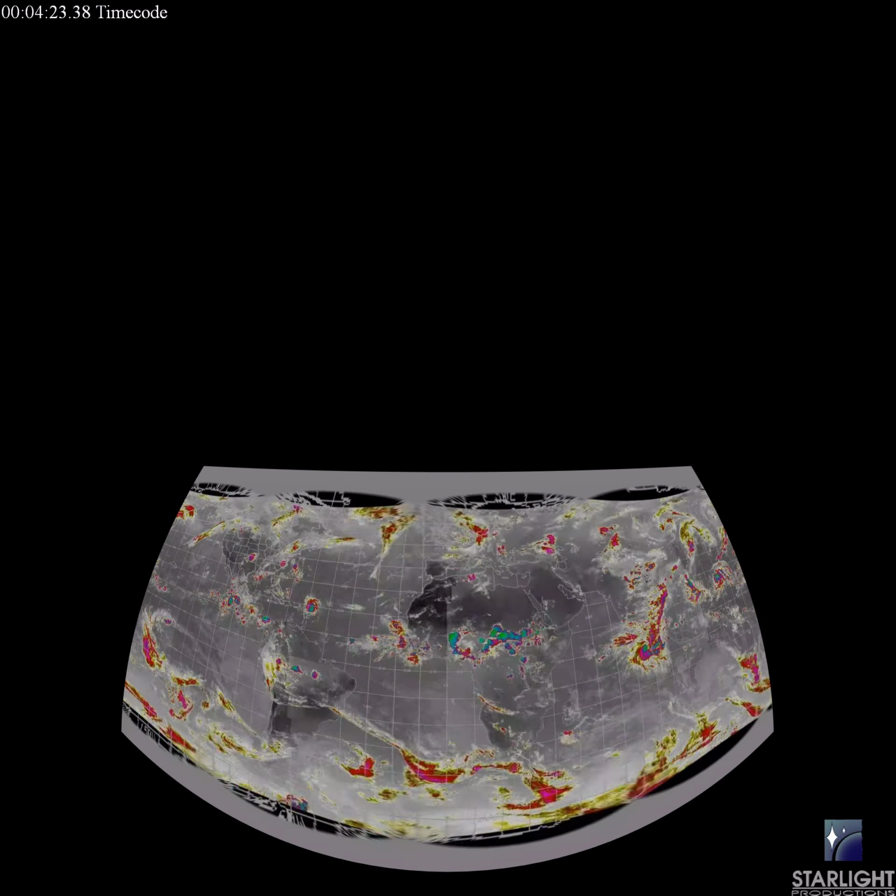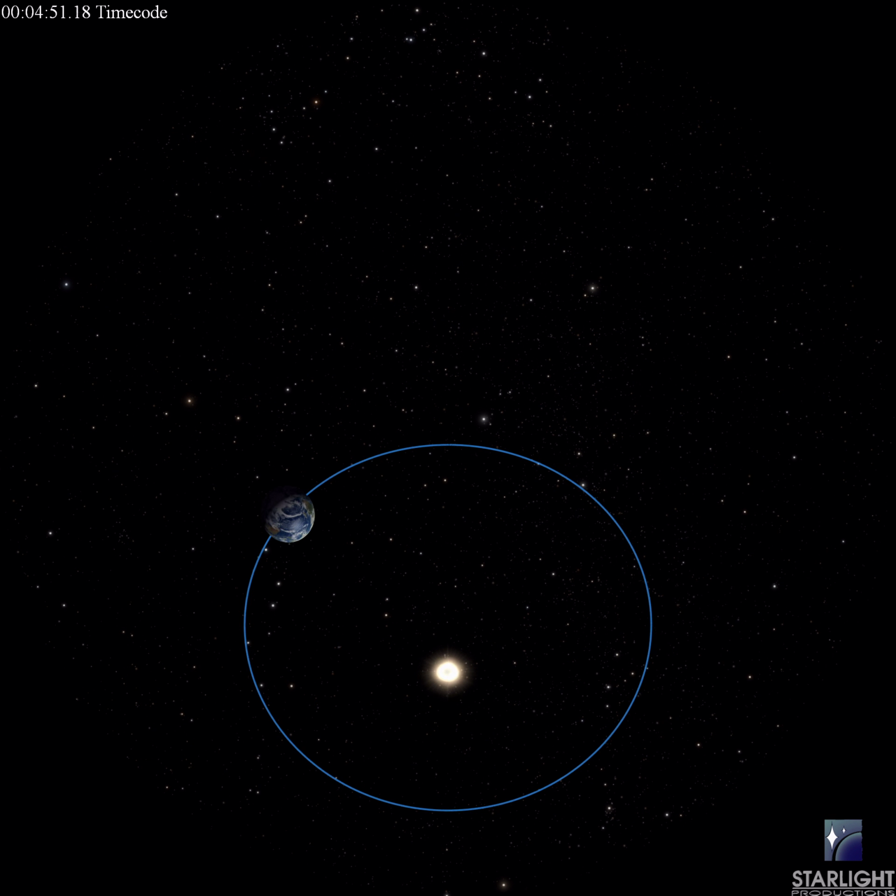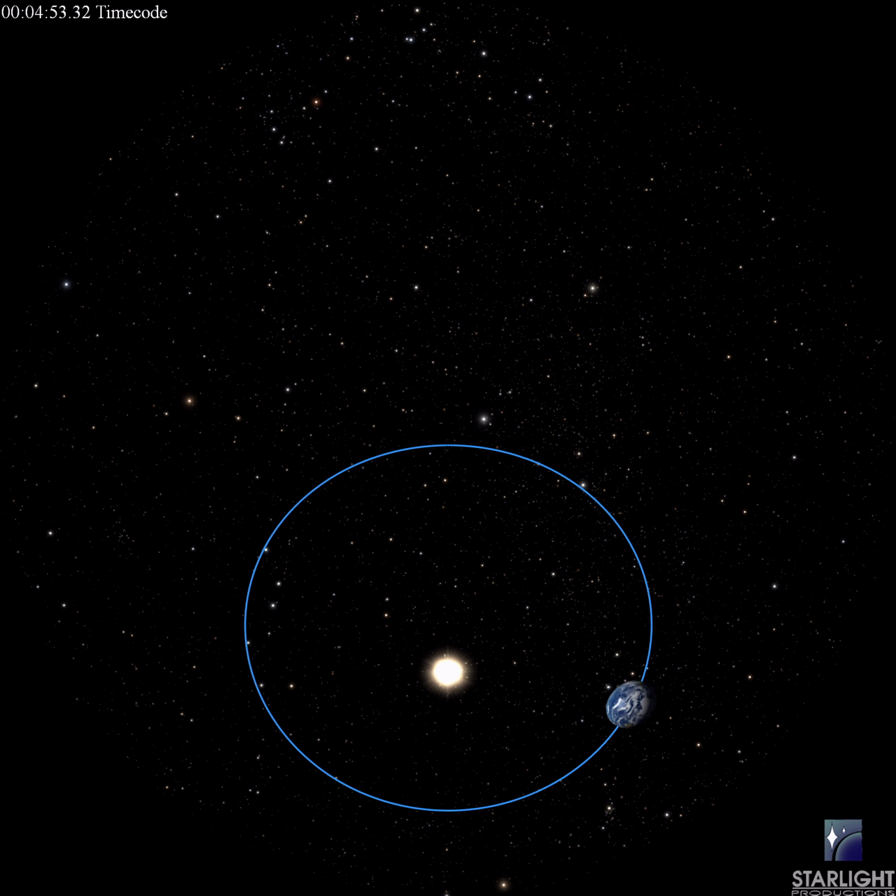Another of these minor effects is the tiny variation in Earth's orbit around the sun. This variation is just over 3% of the distance from Earth to Sun and brings our planet closest to the Sun shortly after the winter solstice. This variation causes winters in the northern hemisphere to be fractionally warmer than in the southern, and summers in the northern hemisphere to be fractionally cooler than in the southern.